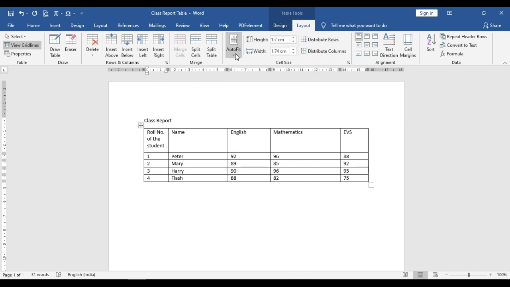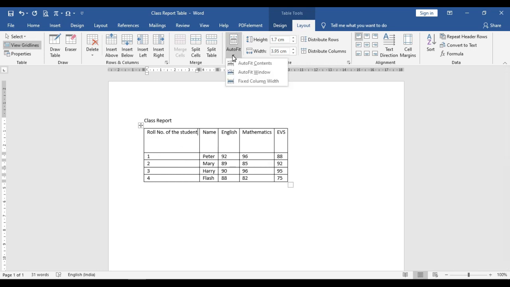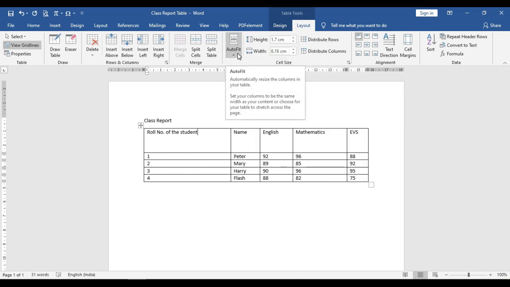If I use the auto fit content, look what happened. And if I use auto fit window, so I hope you understand the three options that are available in auto fit. The first one is auto fit content, the second one is auto fit window, and the third one is fixed column width. So this predefined option automatically resizes the columns of your table.